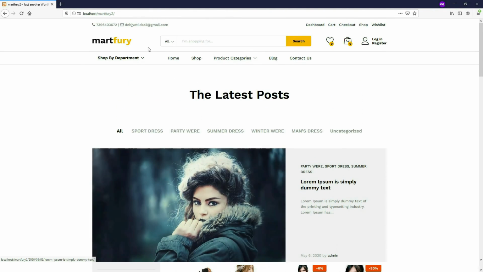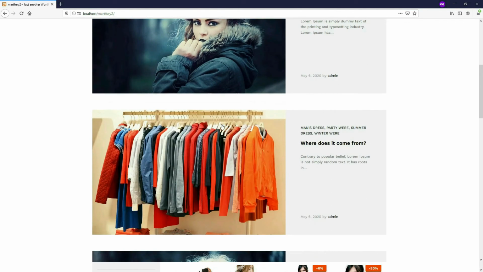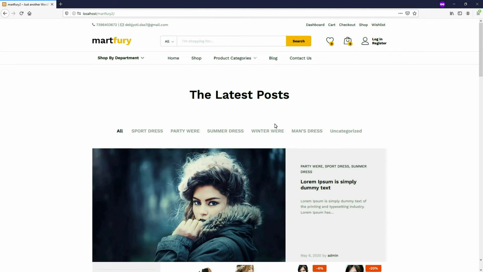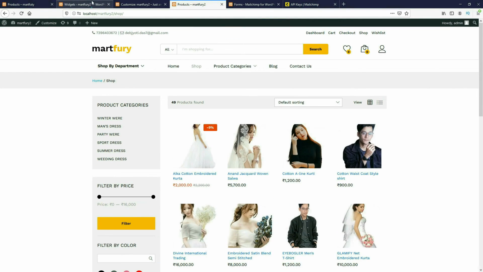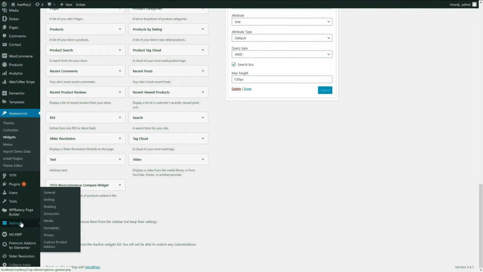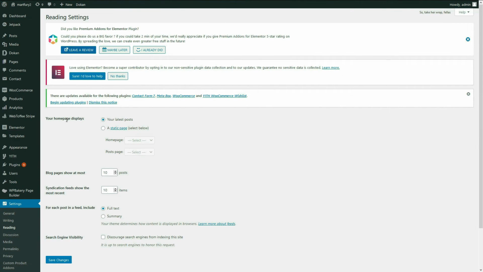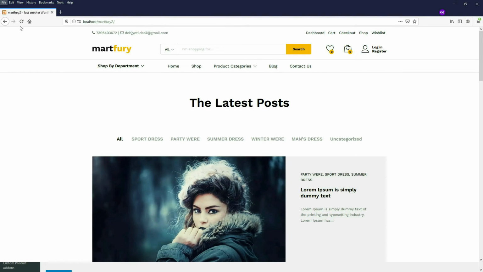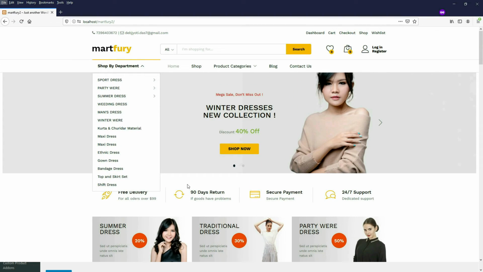By default, when you open the website, here you can see the blog page is opening, but I need the home page to come by default when I open the website. So for that we can do one thing. Click on the settings option, and after that reading. Here you can see the home page display. Choose the static page option, and home page as home, and after that posts page as blog. After that click on save changes. Now if you refresh the page, you can see the home page is opening.